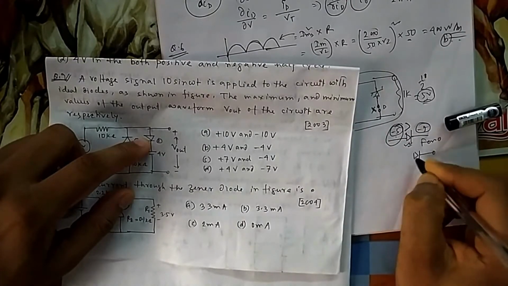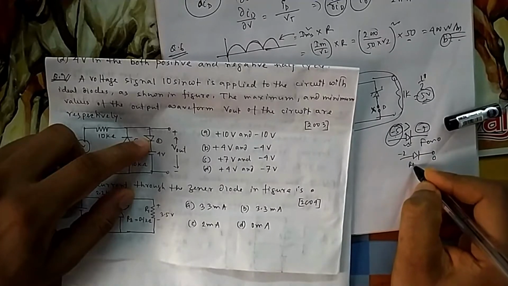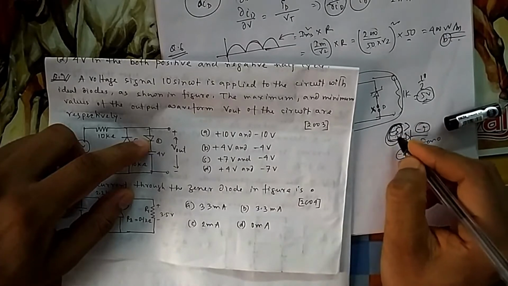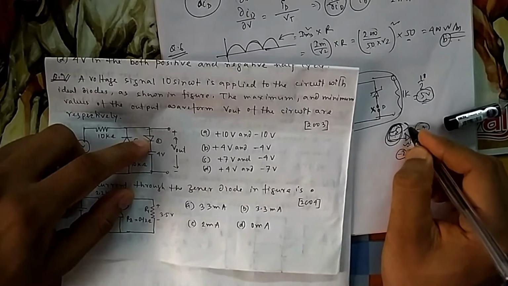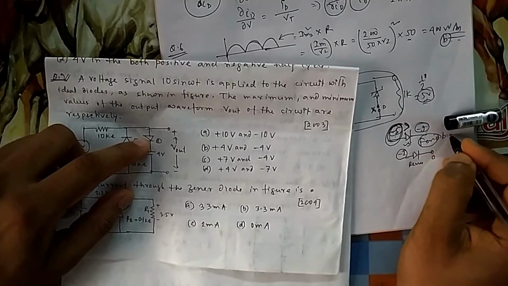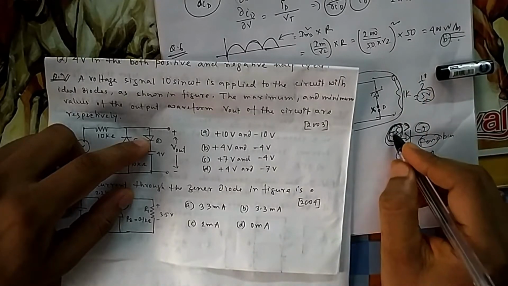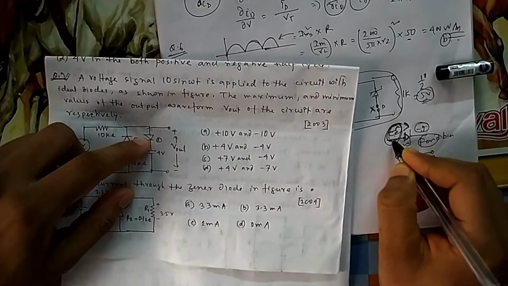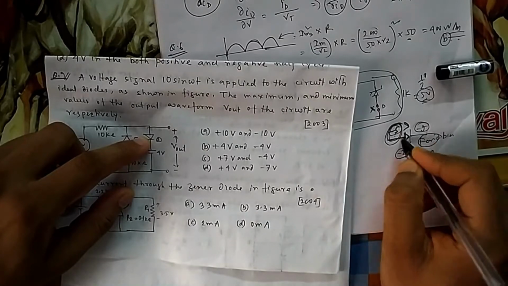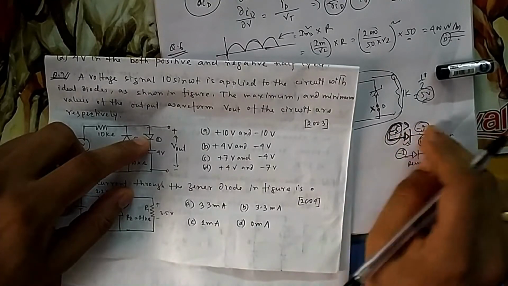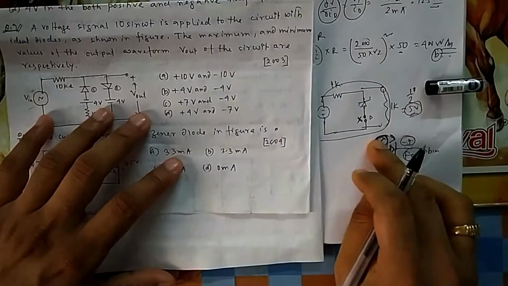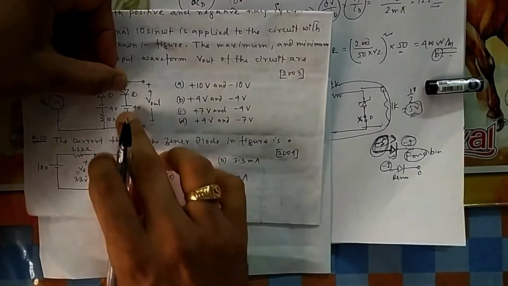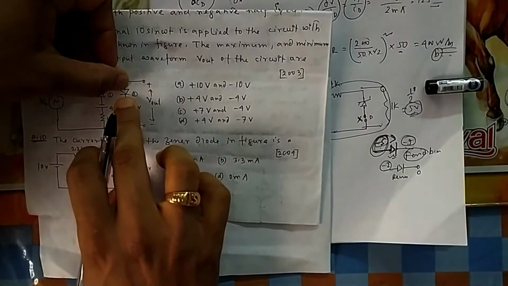Suppose this is 0 and this is minus 2, then it is reverse bias, because this side is less than this. Both can be negative also, but this negative should be greater than this negative. So minus 5 is greater than minus 7, that's why it is forward bias. So don't get confused with diode forward biasing. Even if this side is negative, it can be forward bias. The idea is that the positive terminal should be greater than this terminal. It can be both negative, both positive, whatever, but the voltage should be greater. So here, see how it is connected. The positive plate is connected to 10, and here it is 4. So obviously it will be forward biased.